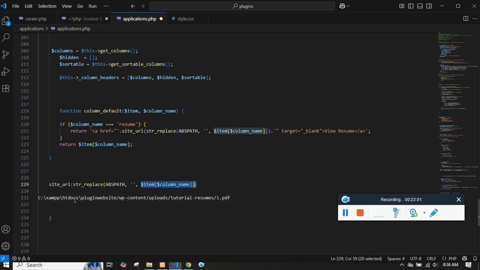This is how the column is defined, and what I'm saying is replace the absolute path with nothing. So what is the absolute path? The absolute path is actually till here. Replace this with nothing, just nothing, and